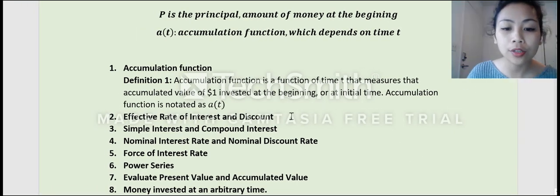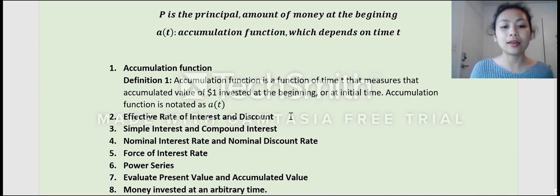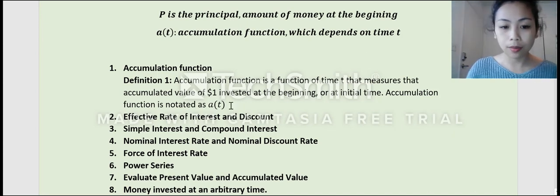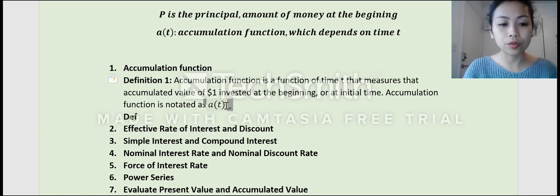Okay, now we go to the second thing. Then what is the definition of future value? Definition 2. Future value or accumulated value